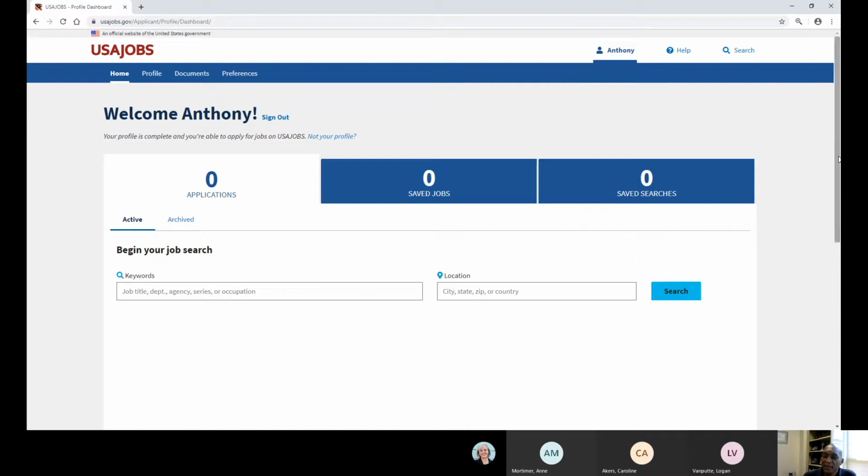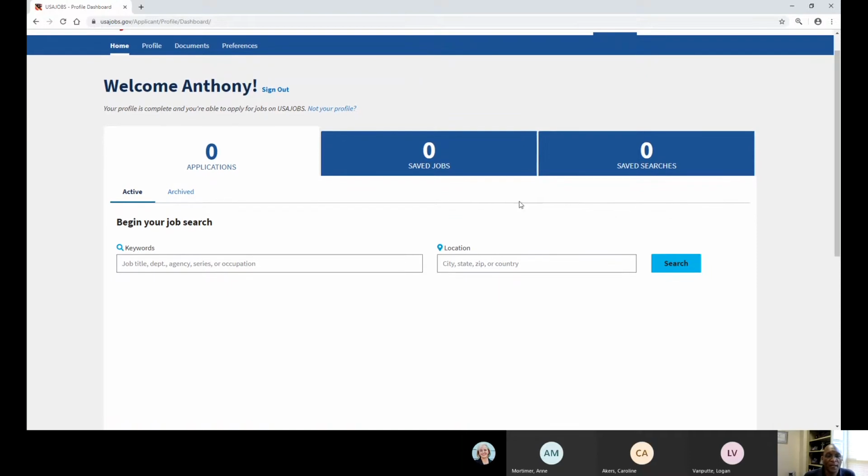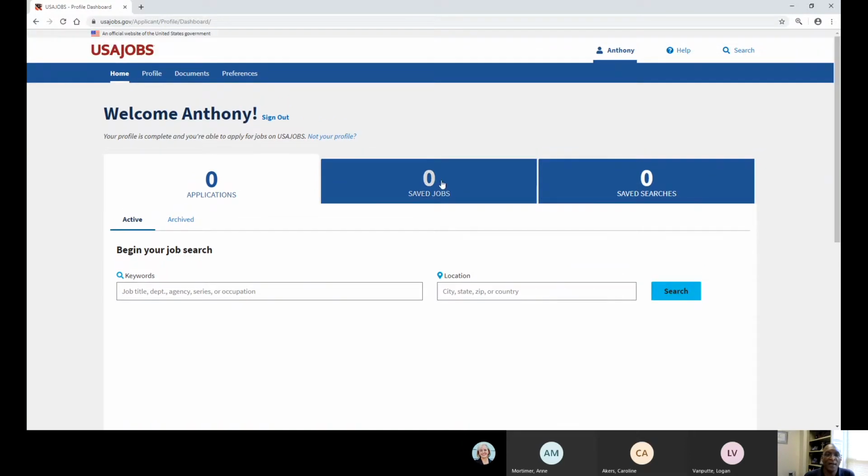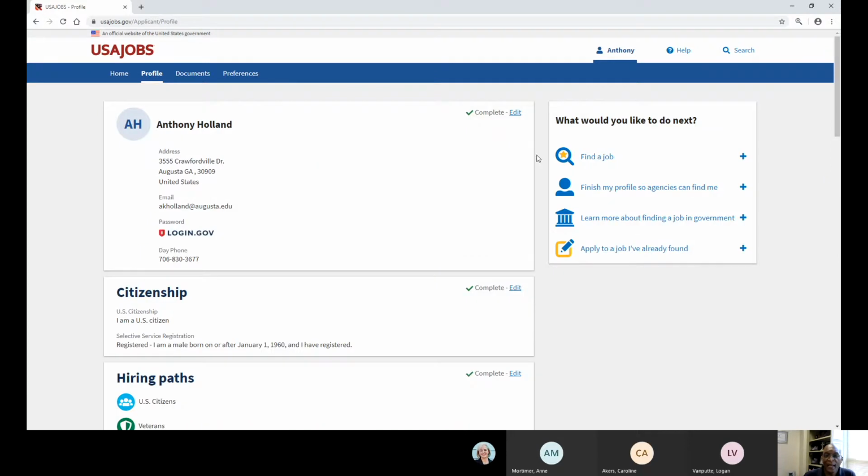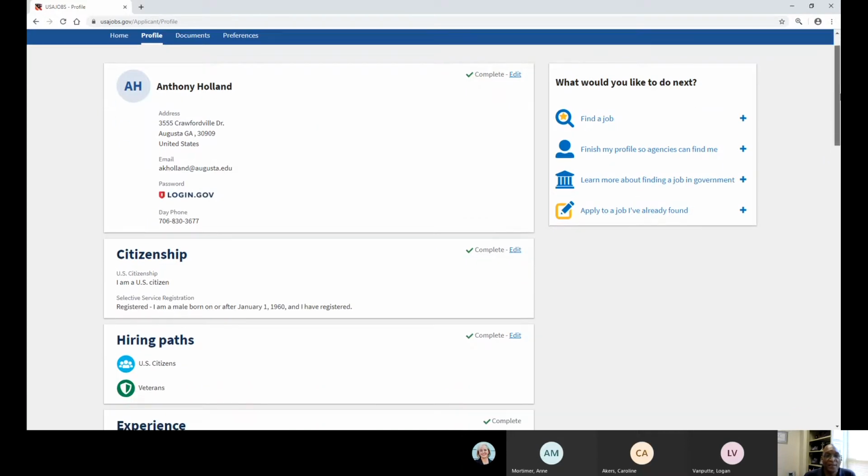All right. And so basically, once you've logged into your account, you want to create your profile. Because remember, without your profile, you can't do hardly anything else. So we're going to go here to profile. My profile is already set up, but you can see that it's pretty basic information. The first part of the profile starts out with you submitting your contact information, okay? And once you have submitted your contact information, your email address, your phone number,